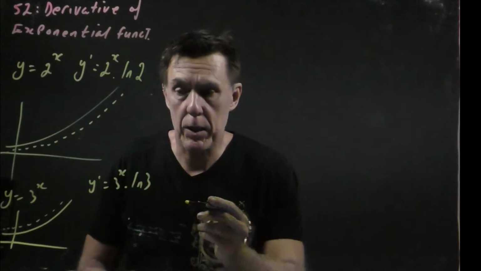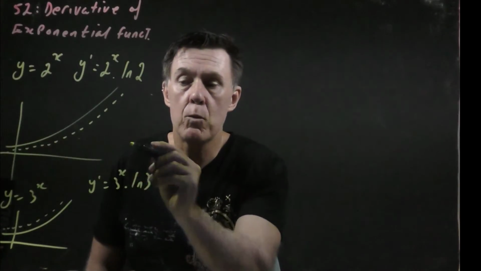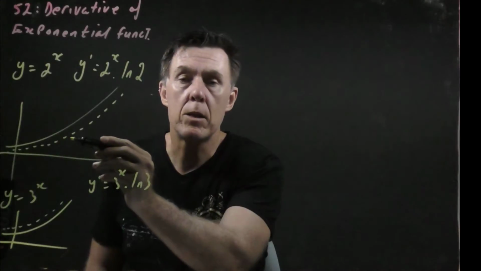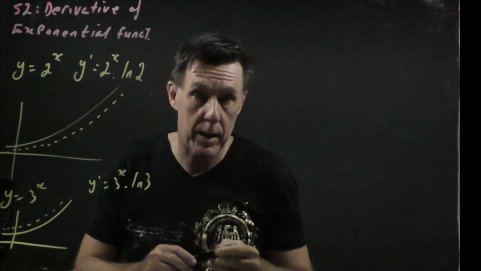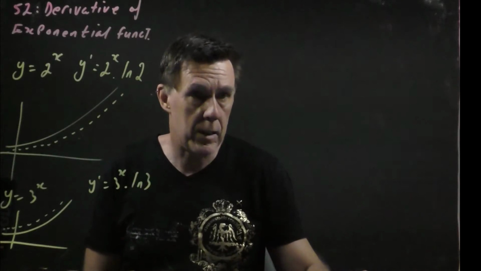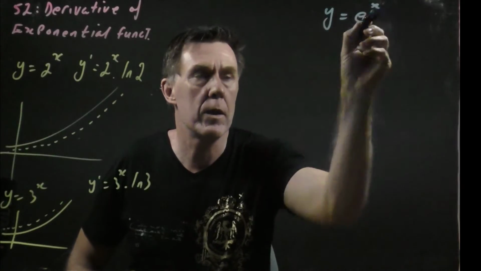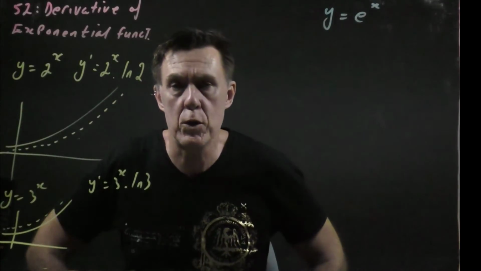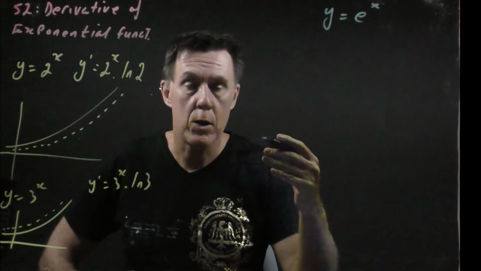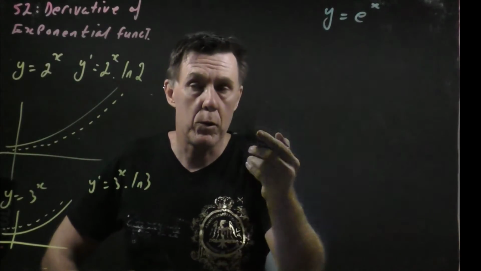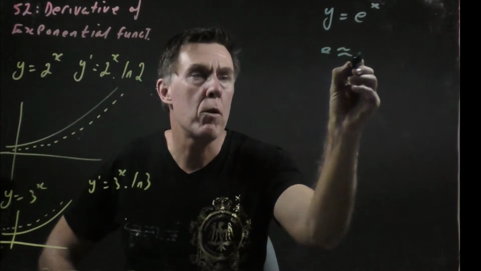There must be some particular value, down this base down here, that when I take the derivative of it, its derivative function and the original function turn out to be exactly the same thing. And yes, that does exist. It's called e. y is equal to e to the power of x. e is one of those numbers just like pi. It's transcendental. It goes on forever. It doesn't repeat. It's very useful in our exponentials, and we're going to use it all the time from now on. So e's approximate value is